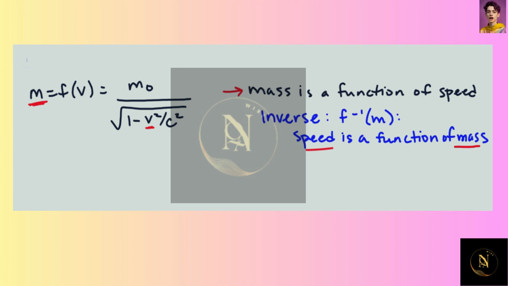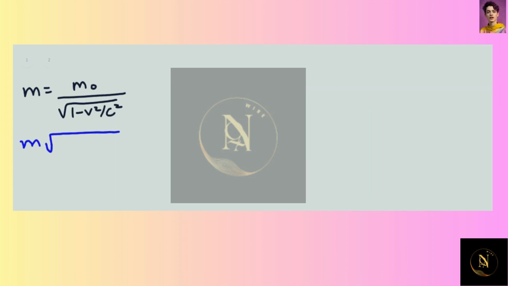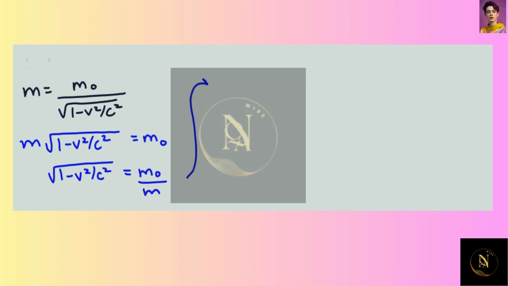So the first thing we could do is multiply both sides by the square root. So we have m times the square root of 1 minus v squared over c squared equals m naught. Then we'll divide both sides by m, and we have the square root of 1 minus v squared over c squared equals m naught divided by m. Then we'll square both sides, and we have 1 minus v squared over c squared equals m naught squared over